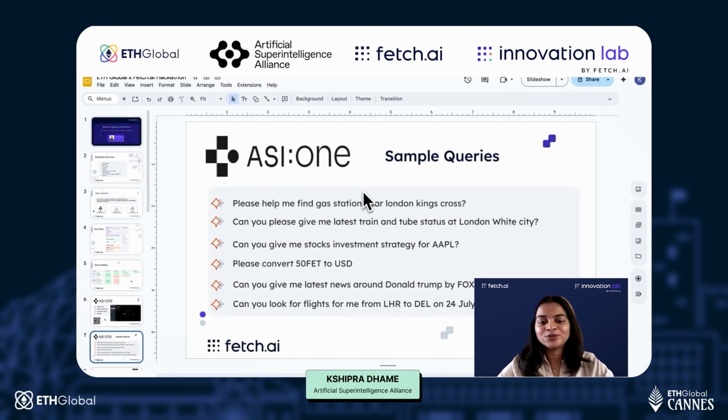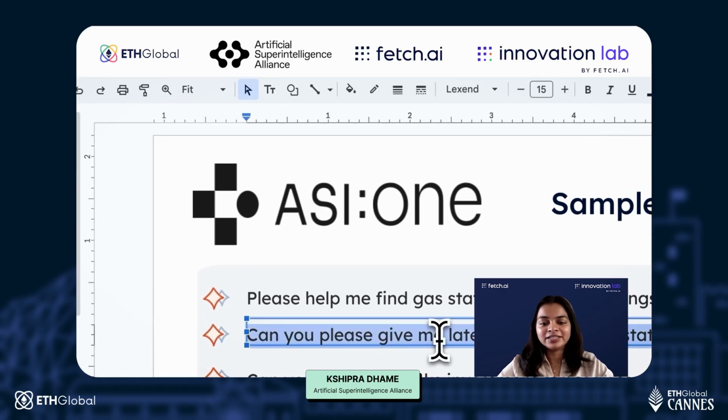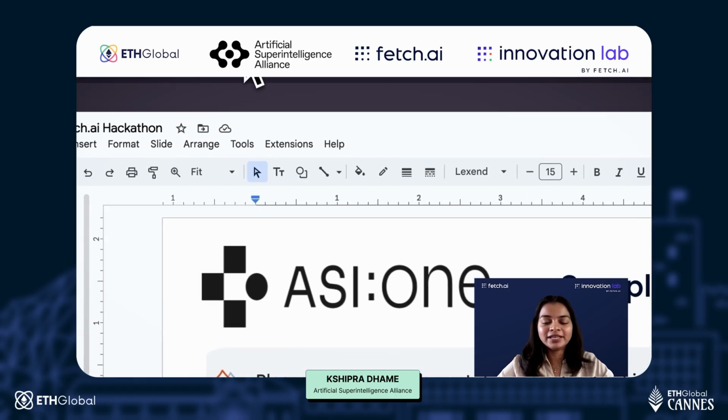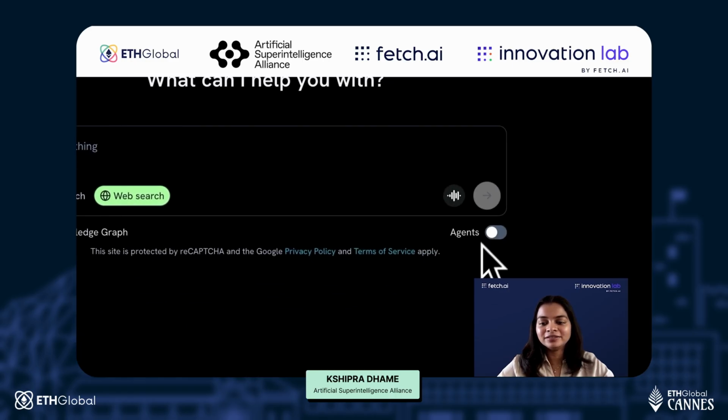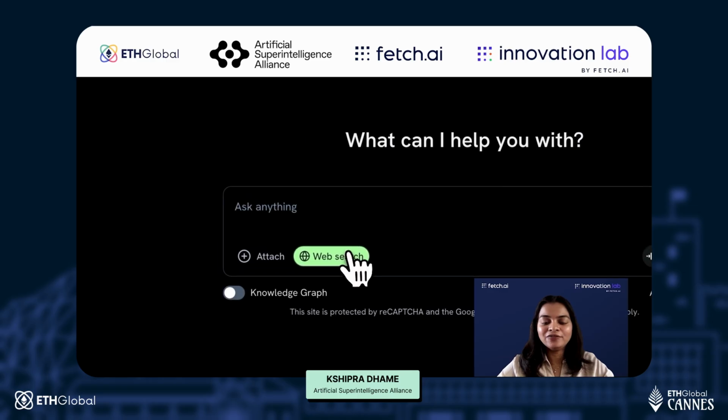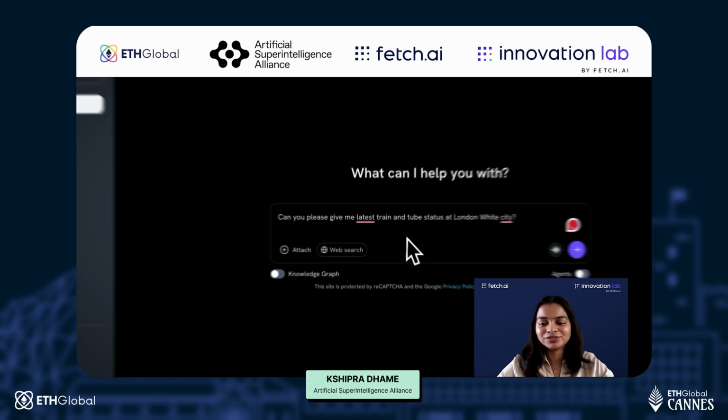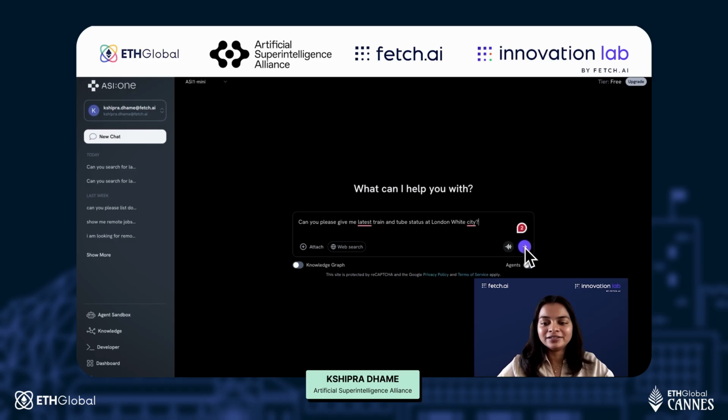Okay, now let's say I want to try out some queries. So first, let's say I want to check out the latest train and tube status at London White City. So if I go to the LLM, and now if you see the agent's toggle is off, I will also switch off the web search so that it does not go to the web to answer my question. And if I hit go,